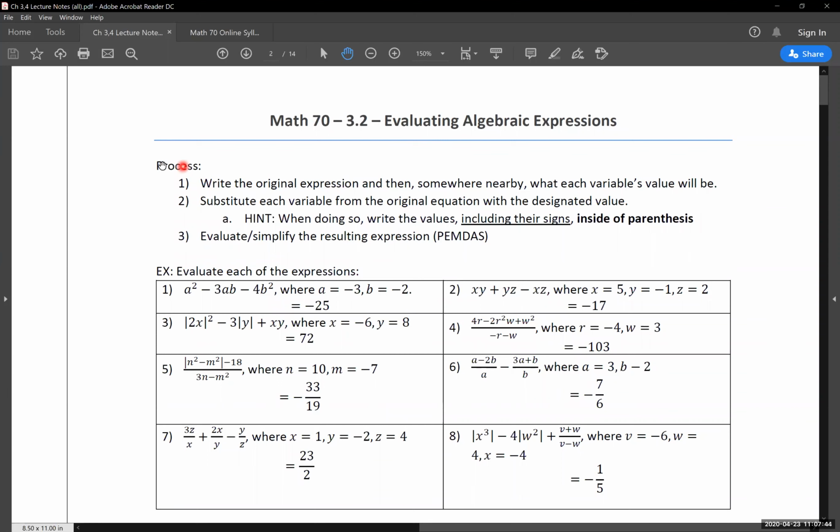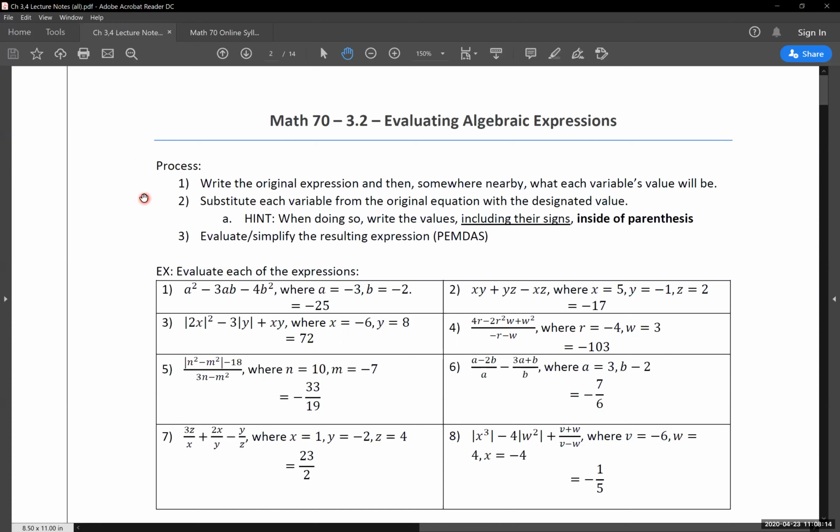So our process that we're going to go through with this is a pretty straightforward one. Again, I think the big kicker with this section, as with so many in the past, is making sure you are doing the setup process correctly. Because at least two of our three major steps with this are going to come from making sure that you have everything written down and substituted correctly. If you don't do that correctly, this entire problem falls apart and we're going to lose points on that, which you don't want to do.